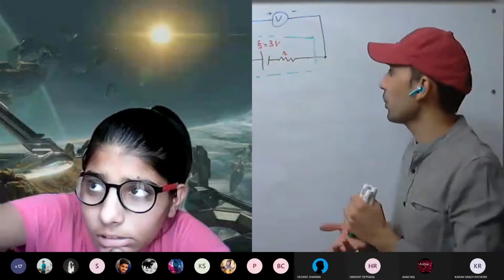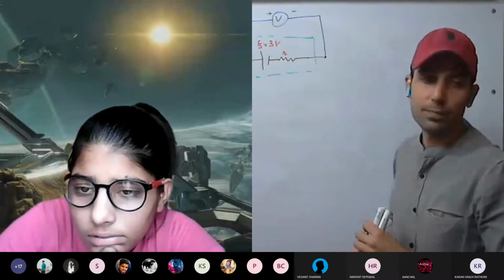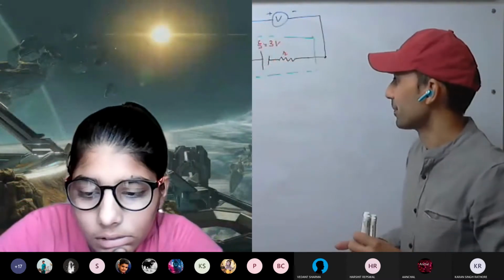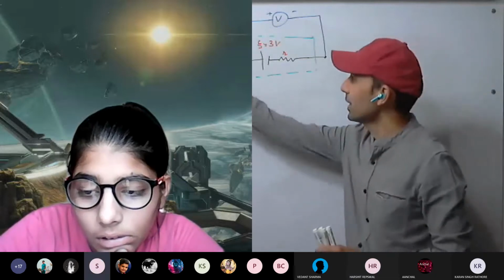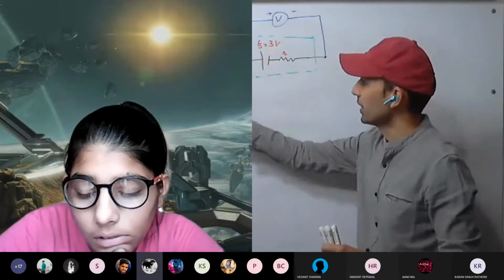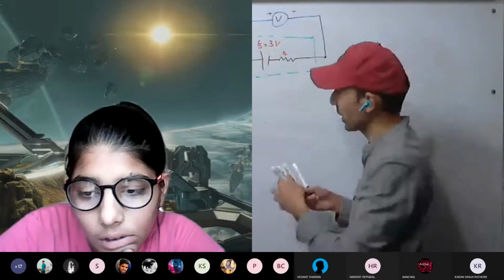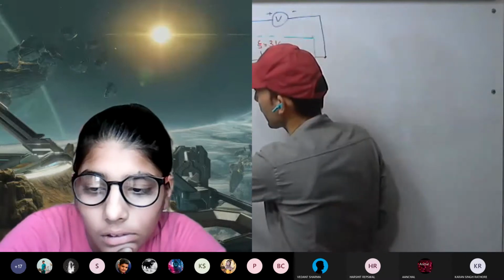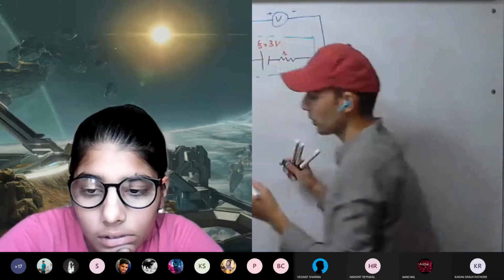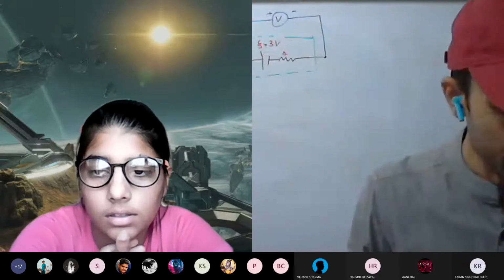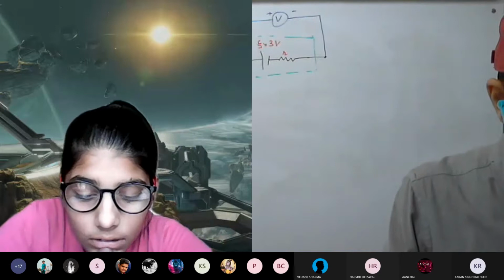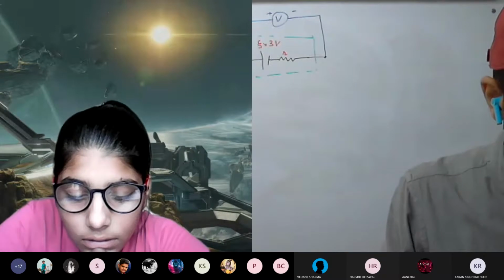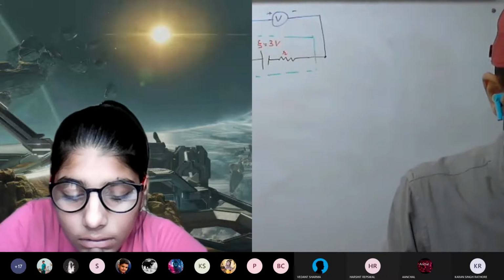Is it a voltage drop or the EMF or the terminal voltage? Terminal voltage. You can see EMF is already provided, 3 volt. This is terminal voltage, okay? So I'm using capital V. We denote terminal voltage with capital V. When the current is 1.5 amperes, the voltmeter reads 2.7 volt. Find the internal resistance of the circuit.